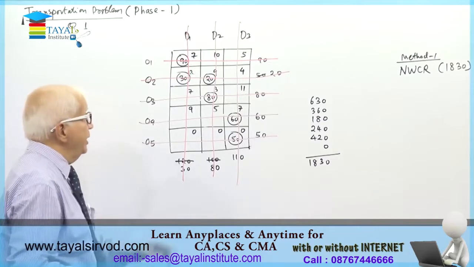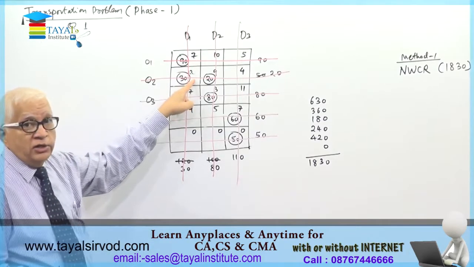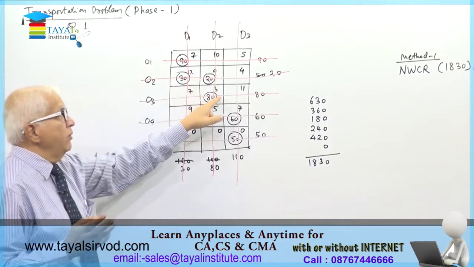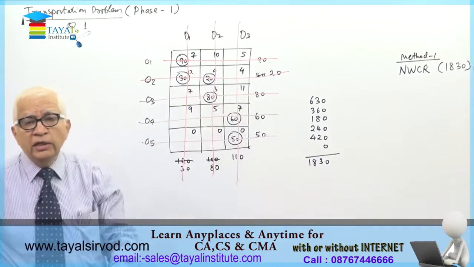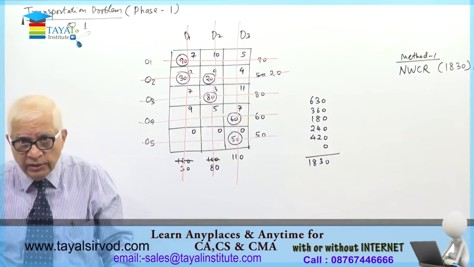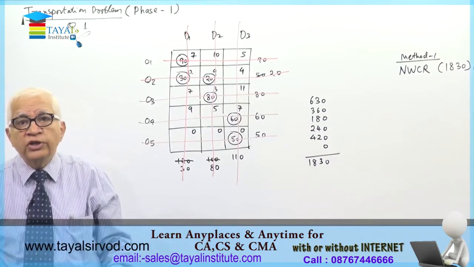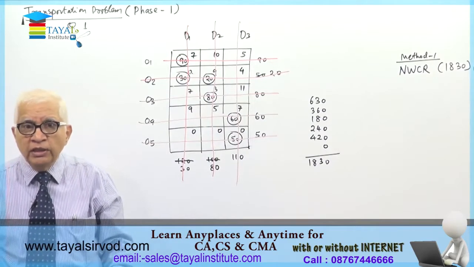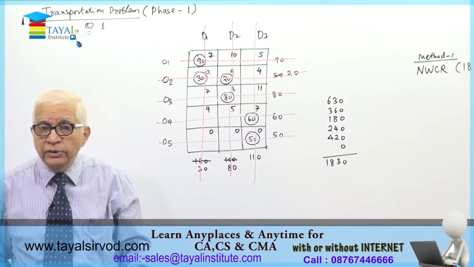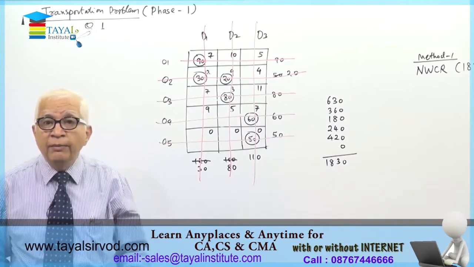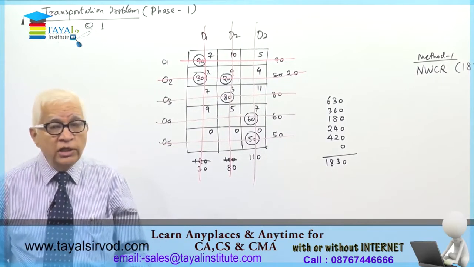As a result, what happened is, I made allocation in the costliest cell also, and in the process, I have also made allocation in the least cost cell also. So this method, which does not even consider the cost of transportation in a cell, must be the most inefficient method for obtaining solution, and it is. As we'll see now, when we make comparison of this solution with the next solution, you will find that we